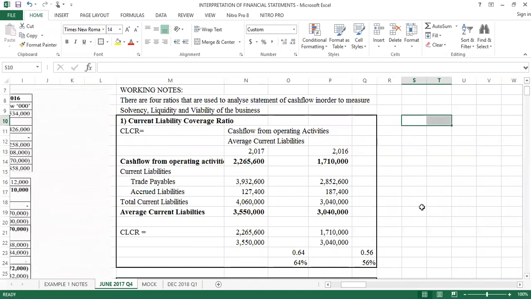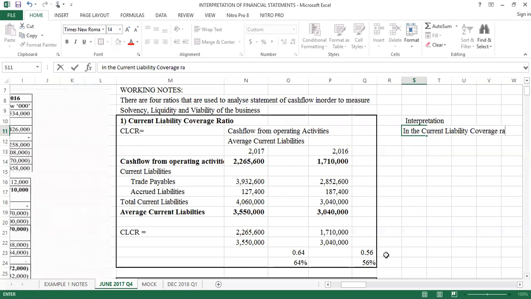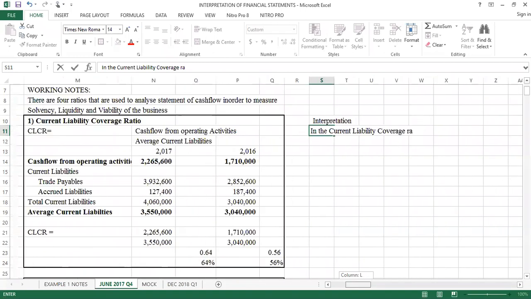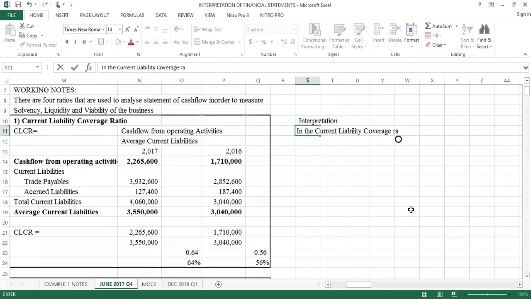For example, now I'll come to my interpretation, which is now part of your report. Interpretation, in the current liability coverage ratio. Remember, you are doing a report, so you must explain in a language that the directors can understand. In the current liability coverage ratios, we find that the business